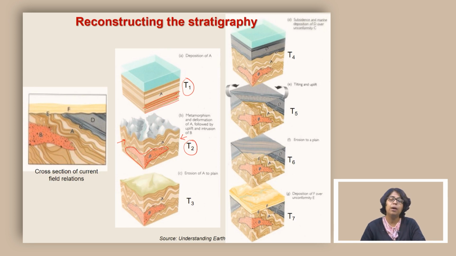So, if we have to age the events, we will say that the folding happened after the deposition of horizontal beds, and later to the folding we have the intrusion of the igneous rock. Now, how do we know that this igneous rock is intruded after the folding? Because we are going to use the cross-cutting relationship, that this intrusive actually cross-cuts the